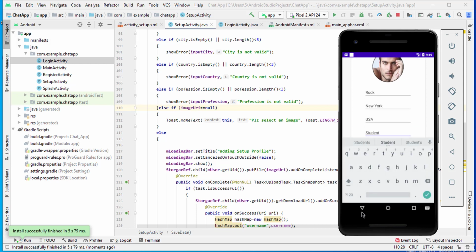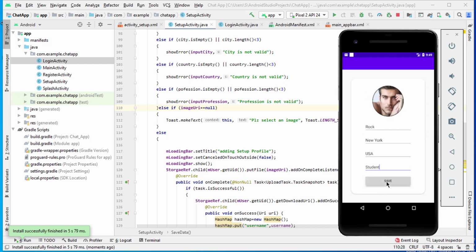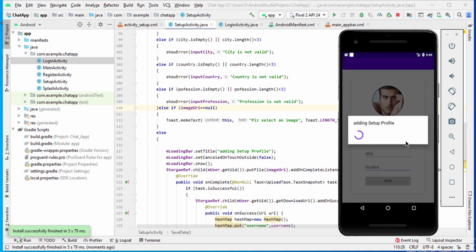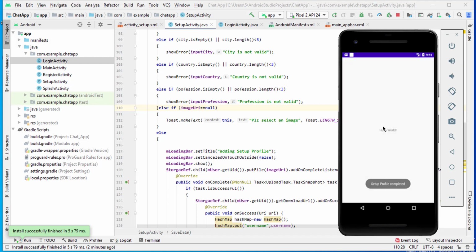Okay, now click on save and wait for the data to be added on the Firebase database. Okay, here you can see our main activity is open, so it means our data is successfully uploaded on the Firebase.